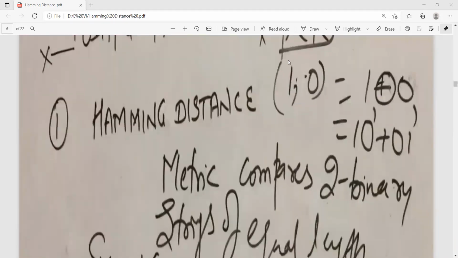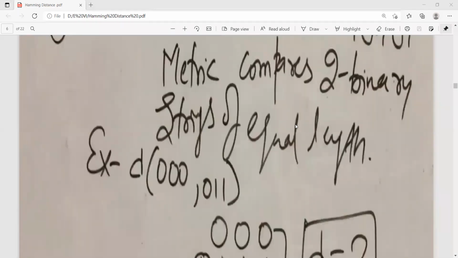Now, for example, the stream of data can be first stream and second stream, separated with a comma. Two different data will be separated with a comma. This is one bit and this is another bit. So you can perform the exclusive OR operation between these two data, so that if it is 1, there is an error. If it is 0, there is no error.